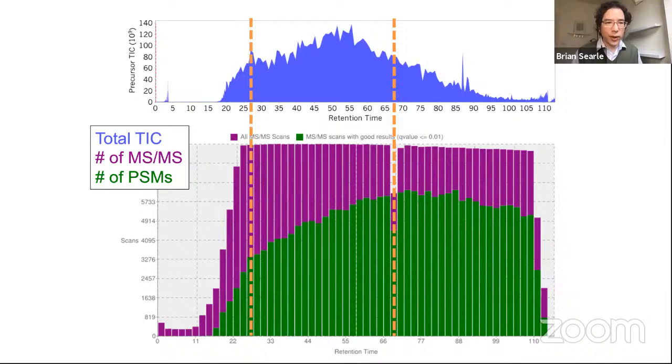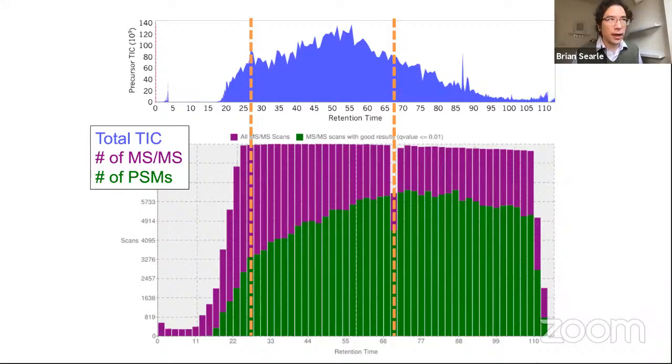And you see quite quickly on the bottom graph, where I'm looking at the number of MSMS collected in purple, in a normal DDA scan, we hit the maximum number of MSMS measurements almost immediately, very early into the gradient. And after a certain point, we still are collecting huge numbers of MSMS even out to the very end of the gradient. Now, if we look at the number of peptides detected, so the number of PSMs measured in this time period,